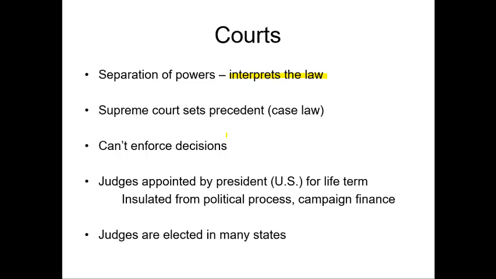And so, as part of their separation of powers, the court system interprets the law. Now, they have garnered a little bit more power with this interpretation of law through this concept of judicial review that we'll talk about, that can really strike down a law as unconstitutional. And so what that means is that the Supreme Court is somewhat of a policy-making body. Now, the Supreme Court, as I said before, sets precedents with these rulings of case law, but the court cannot enforce its decisions. A court has to rule on decisions that are brought before it.